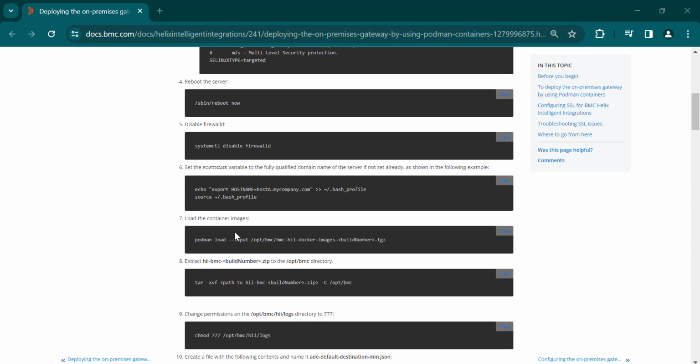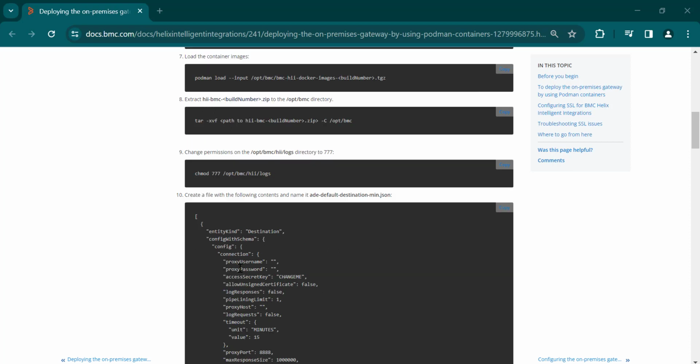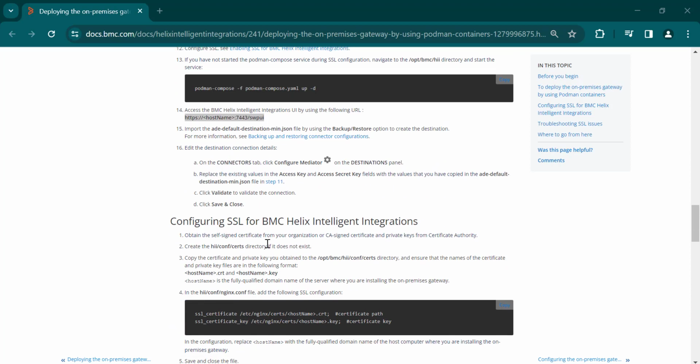Load the container image which was downloaded from the EPD in step 2. Extract the utility file to the /opt/bmc directory. Change the permission on the logs directory to 777. Create a destination JSON file with the following content and change the value of the change me parameter with the appropriate value. Below are the steps to configure SSL on the Helix Intelligent Integration so customer can access the URL using